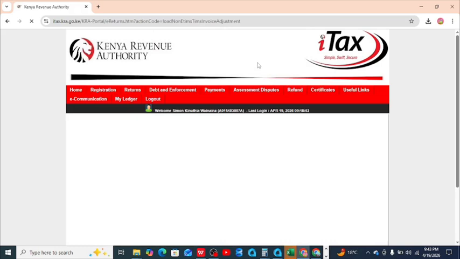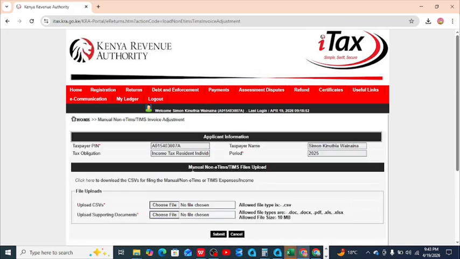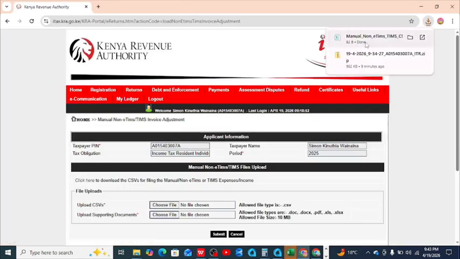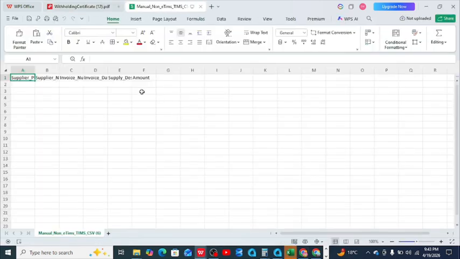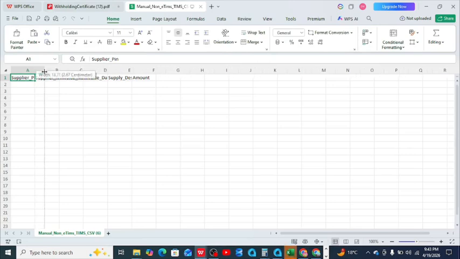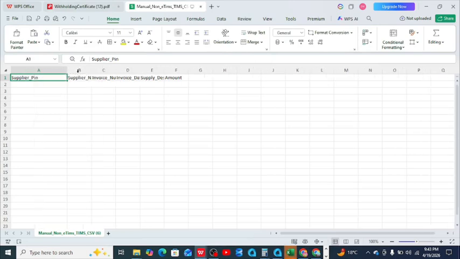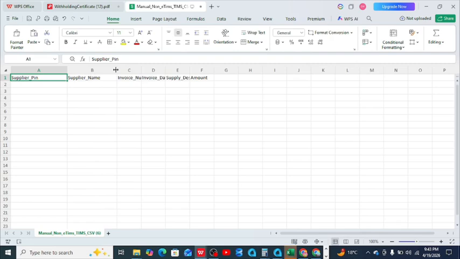So you are supposed to come here and download this saved value document, which is here, the CSV document. Click here. The document will be downloaded. You can open it either using Office or WPS. This is not problematic. Then you need to know the supplier PIN. So that is the supplier PIN. Maybe, in a scenario of the withholding tax for consulting services, it is the PIN of